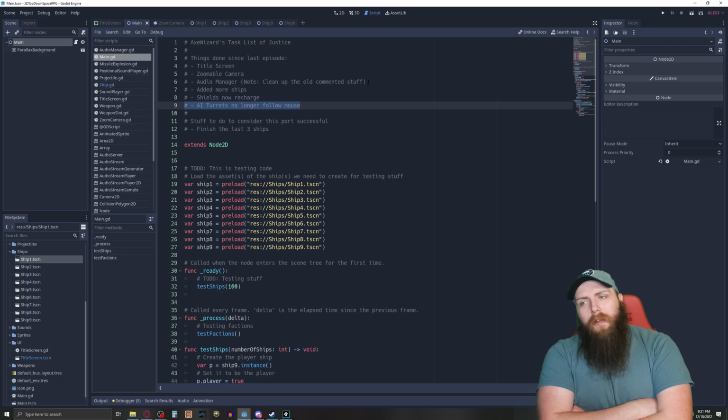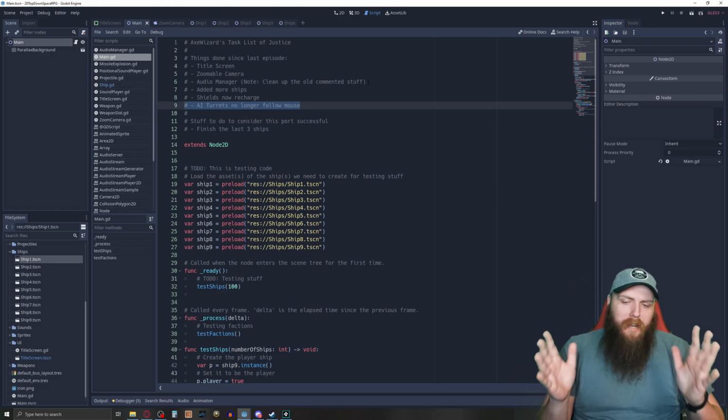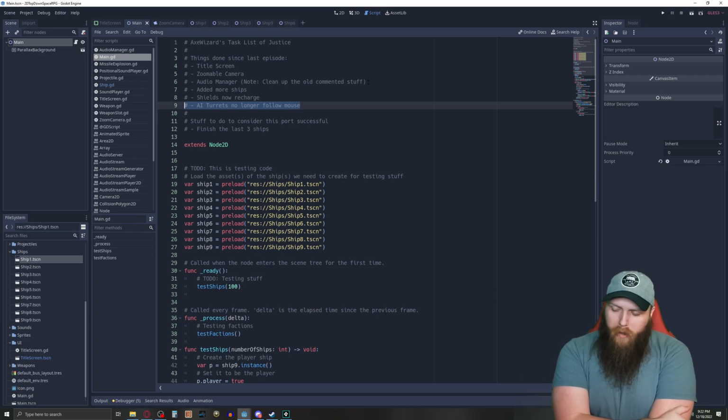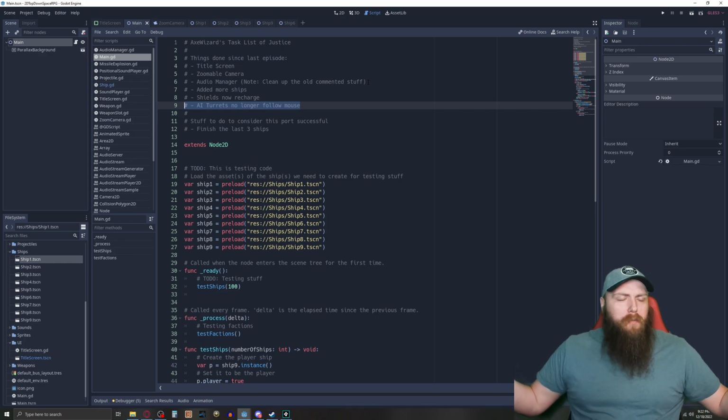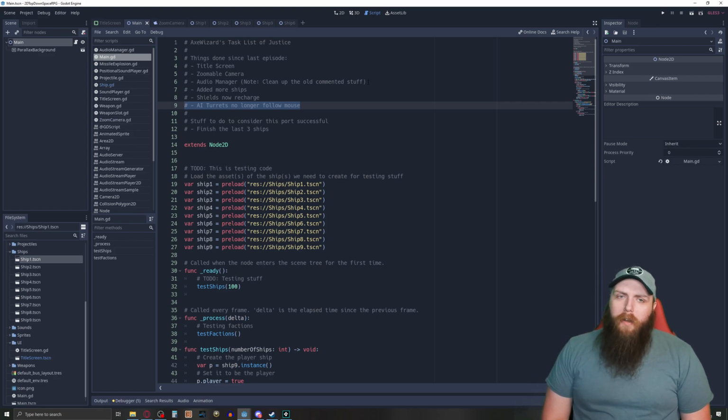So I didn't know for sure, but I figured there's only a set number of audio channels that we can probably be using, kind of like Game Maker had. So I was thinking, okay, what if we just limit it to like 32 or 64 sounds that can be played at any one time? So I made an audio manager that